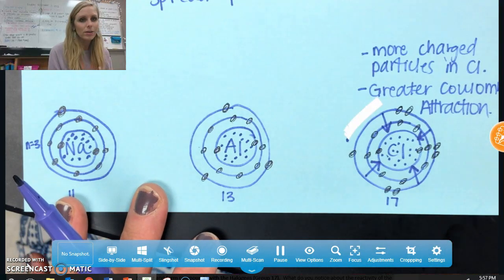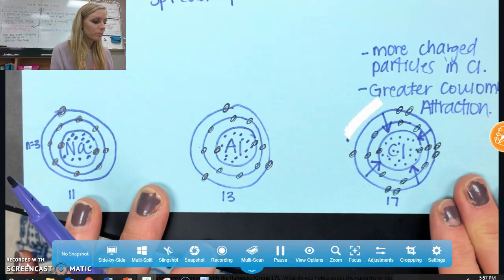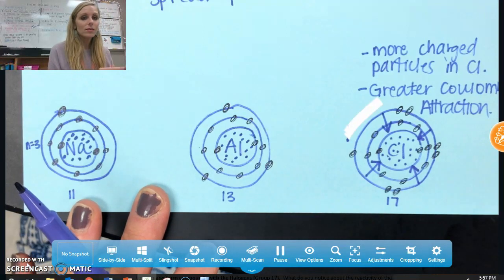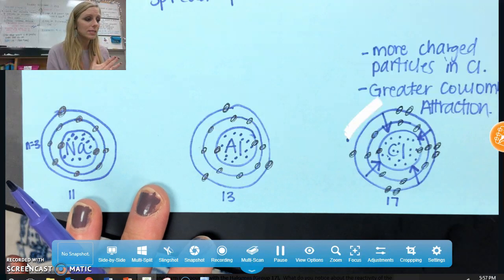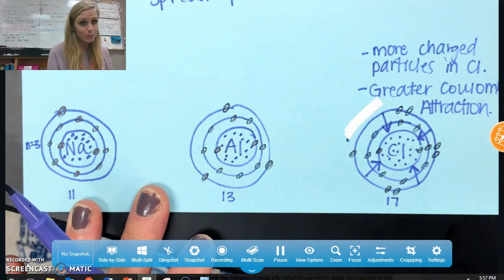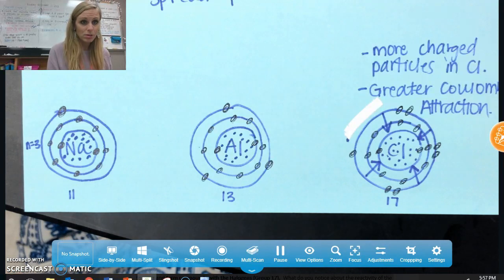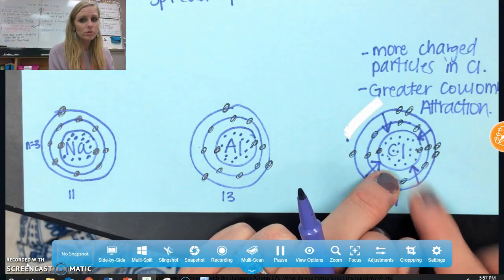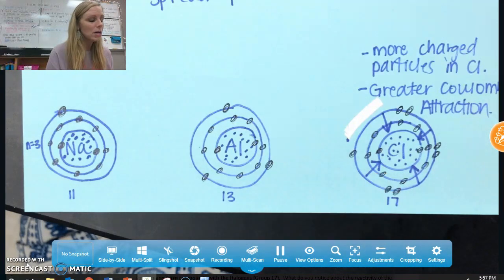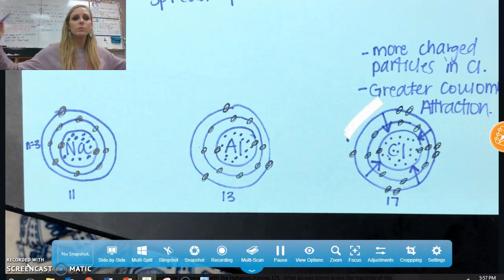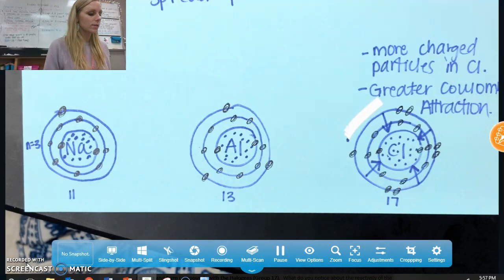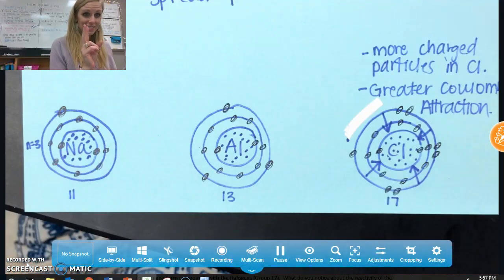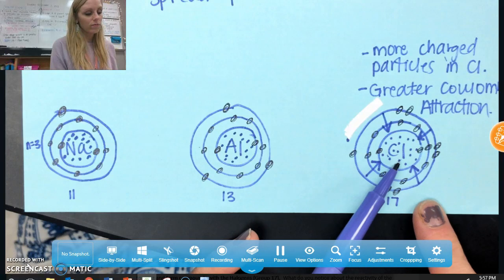If you've already looked through the PowerPoint, you recognize that. And every single trend on the periodic table is directly related to and can be explained by Coulombic attraction. Okay, and you are expected to be able to explain them via Coulombic attraction. So you're going to mostly talk about the strength of the nucleus, the number of protons, and I'm going to give you a name for that in just a second, or the distance of those outside energy levels. Okay, so on this one where they have the same distance, it's the charge of those